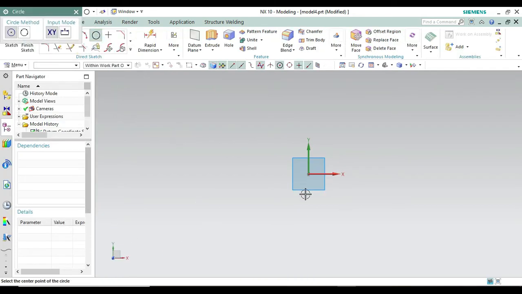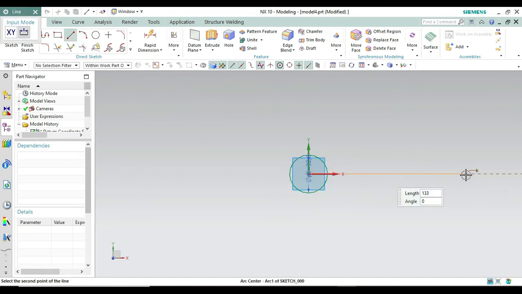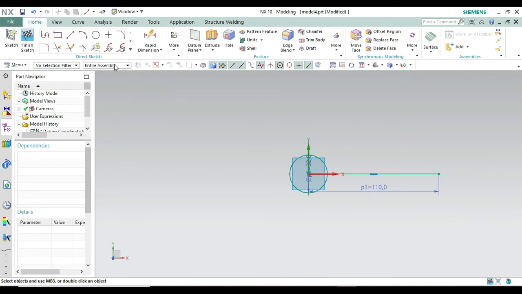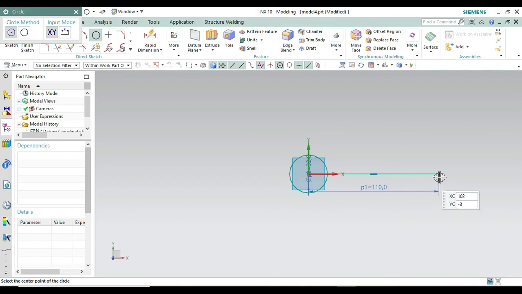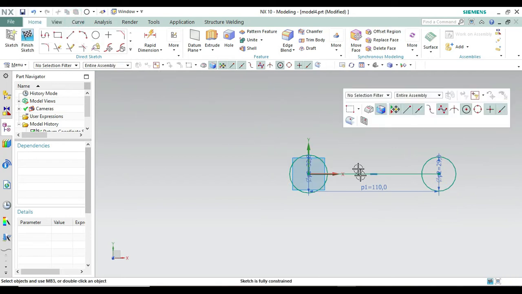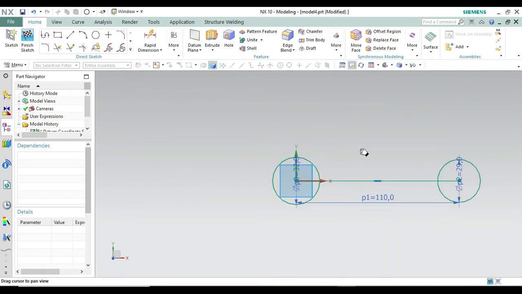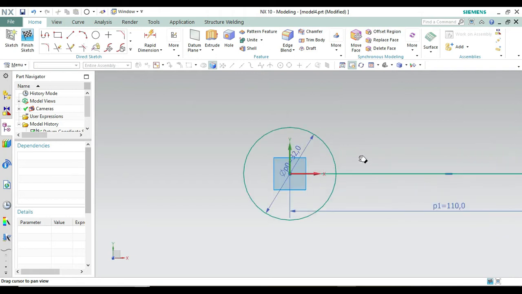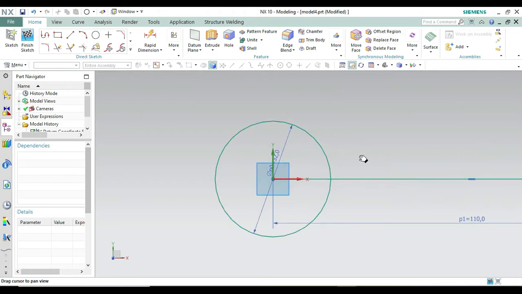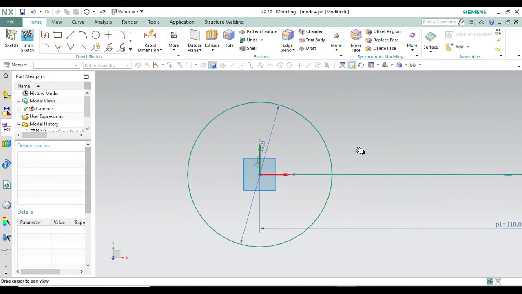Now use the circle command and make a circle of diameter 32. Okay, like this. Now cut it from here and use the line command, and from this origin make a line of length 110 and angle 0. Okay, now cut this. Now again use the circle command, having this as a center point, make a diameter of 29. Okay, now pan and zoom to the first circle like this, because we have to work on this. So zoom it something like this and cut it.